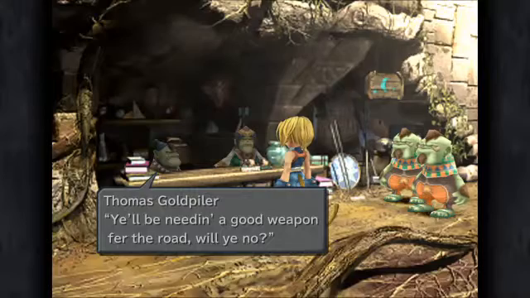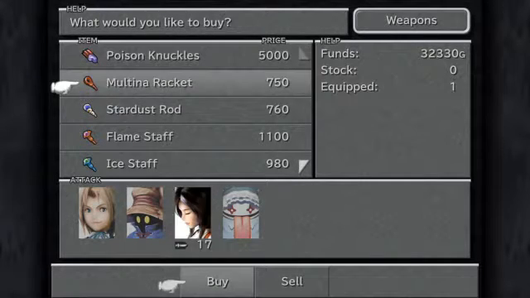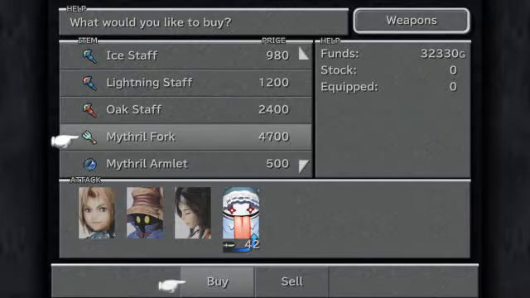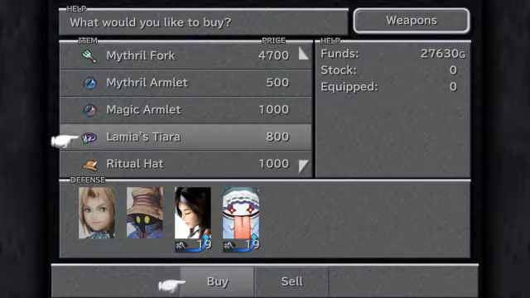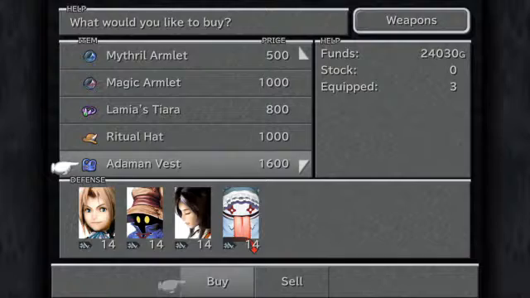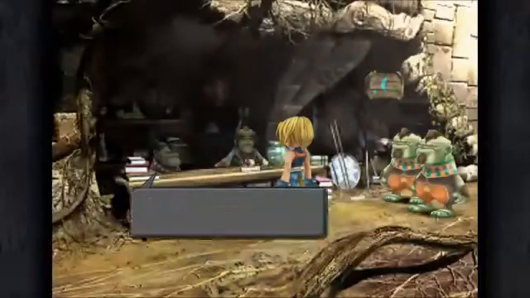Rally-ho! You'll be needing a good weapon for the road, will you know? Poison Knuckles is for a character later on, the last character you get towards the end of Disc 2. But anyway, Mithril Fork, go on then. Lamia's Tiara. Ritual Hat, two of them. Adaman Vest. Obviously, even though I'm getting them now, once I end up,